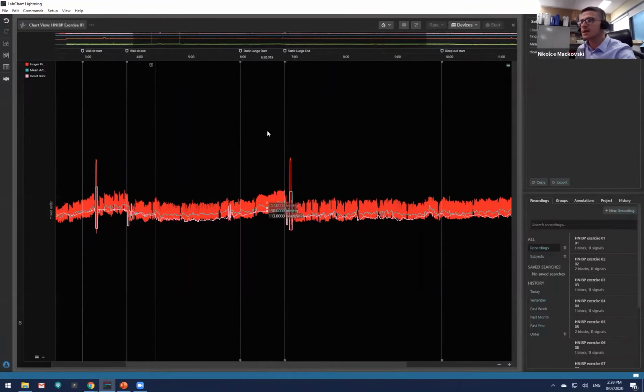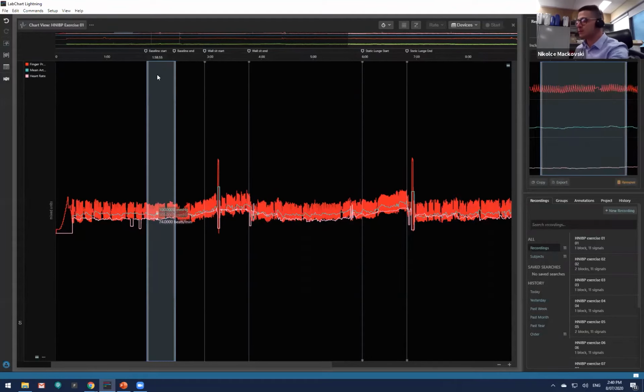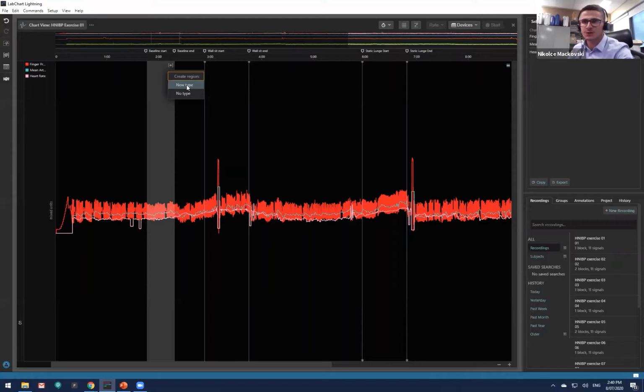If I double click on this, what you're going to see now is, let me just remove this and start again. If we highlight an area, press plus, like this, it shows me two options, either new type or no type. So with no type, it's still going to be a region, but it's not going to be classified as anything. So you use the no type if you just want to look for a specific sample, but it doesn't mean more than that. You just want to look for a particular mean, or you can modify that, of course, to